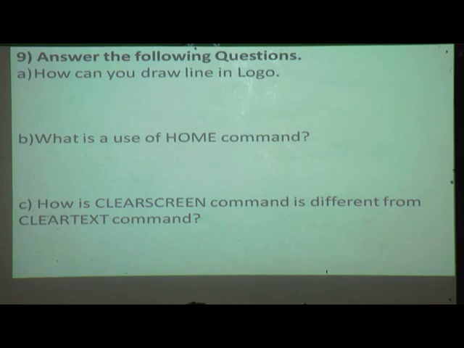Which command is useful for drawing a line in Logo? Yes, by using the FD command. And it means, that is, FD 100.